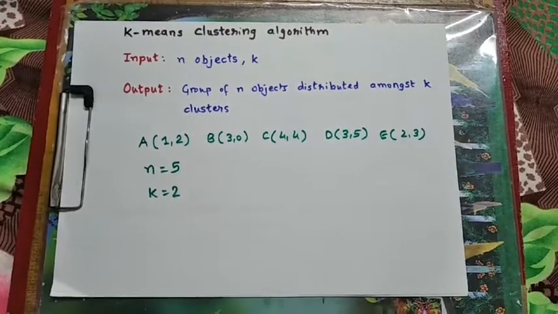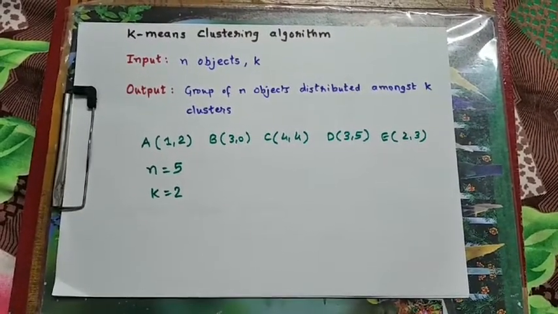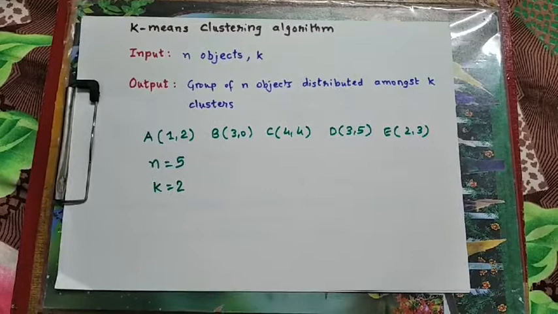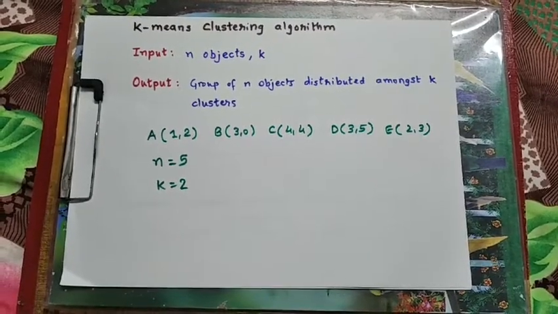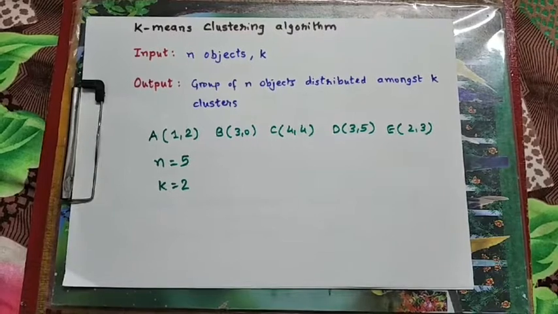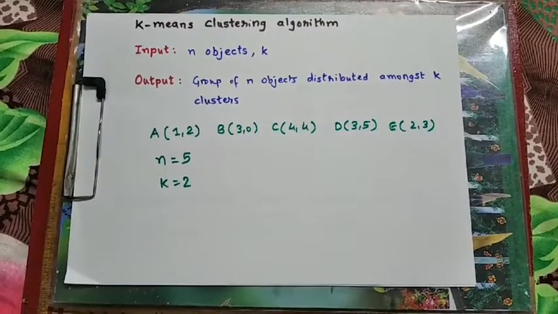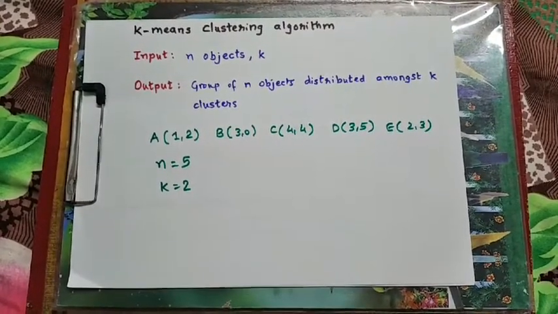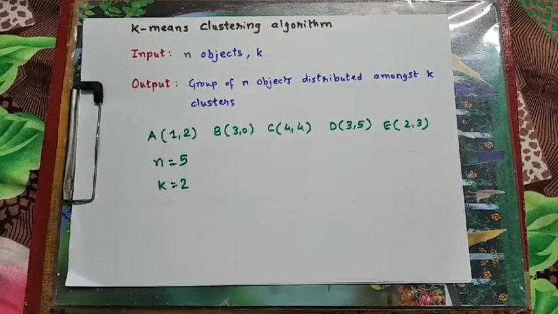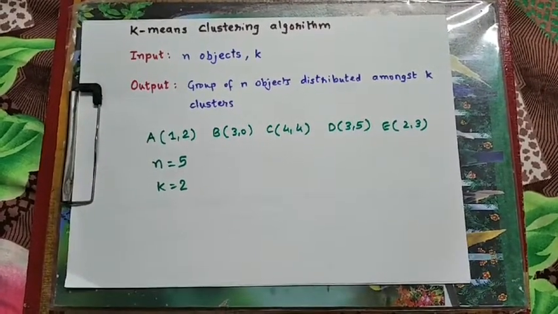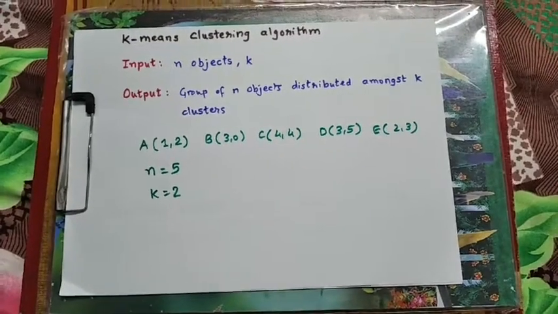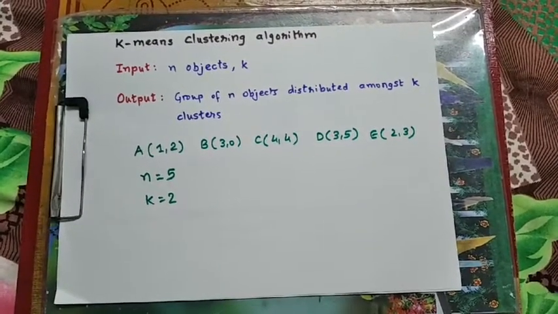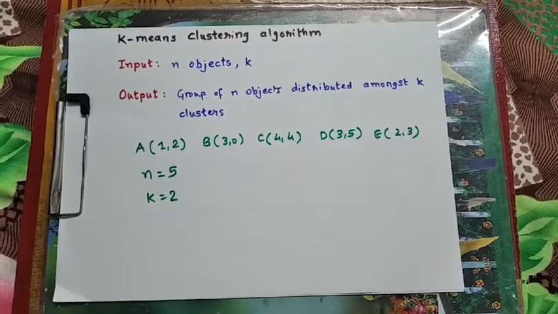Hence this algorithm also tries to preserve the principle of clustering, which says that the objects within a cluster have the maximum intra-cluster similarity and minimum inter-cluster similarity. It means if I pick two objects from the same cluster, they will have the maximum similarity, and if I pick two objects from two different clusters, they will have minimum similarity because they are far apart from each other based on the Euclidean distance measure. So this is our problem. We want to cluster 5 objects into two groups. So let us start.